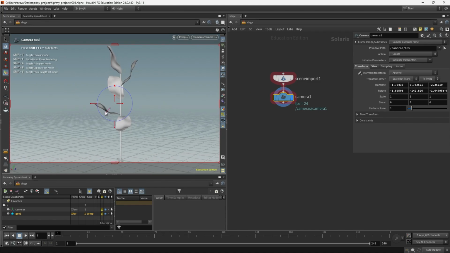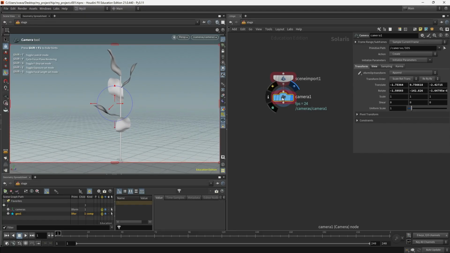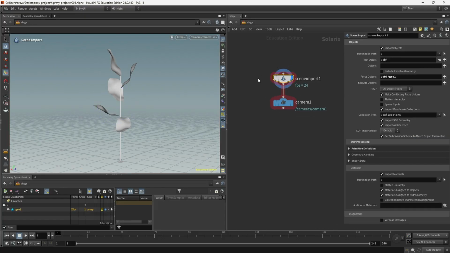I'm going to pull it a little back, maybe a little bit up too. Maybe you want to think about the angle too, but I think this is good. And notice here on the right side, a new node has been created, camera. And notice the blue flag has been moved onto this camera. If you move the blue flag up here, you will lose the camera.